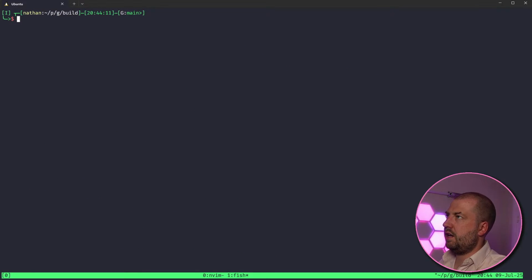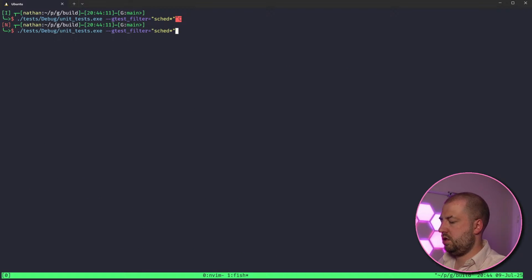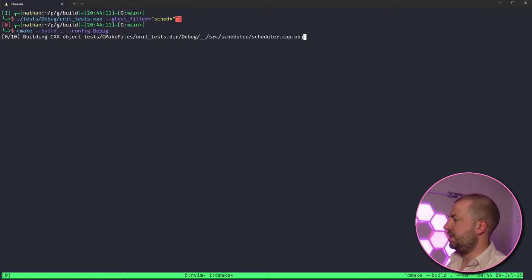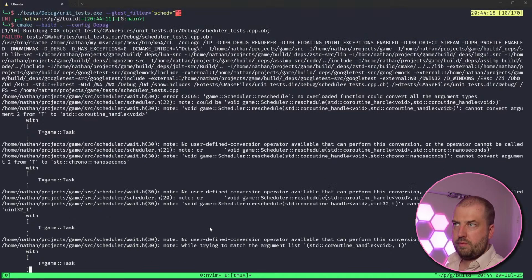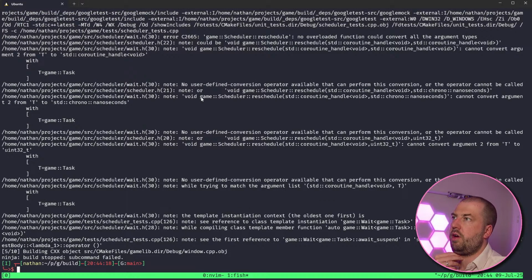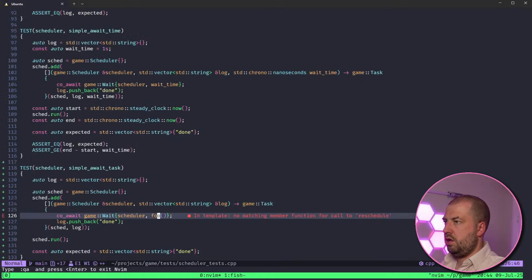So I suspect we might have to do some template specialization. Because it's going to be like scheduler reschedule. No overload function. Cannot convert all the argument types on wait.